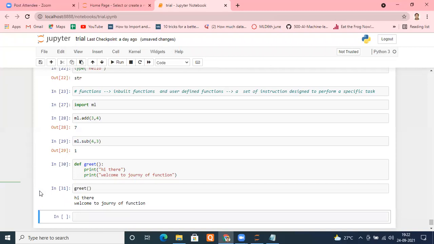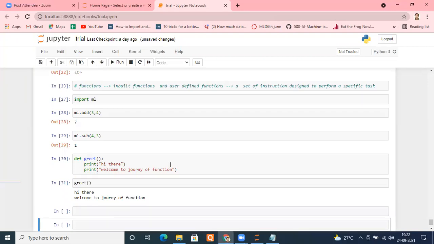Let's move ahead. Understand properly how to create the function. That is very important because I told you it is the most important part you are going to be asked in the interviews. Now what we are going to do, we are going to ask the user something. So again, I'm changing this function. I'm changing def greet, same function name I'm taking. But this time I will be asking the user for some parameters to enter, on the basis of which a certain decision will be made.